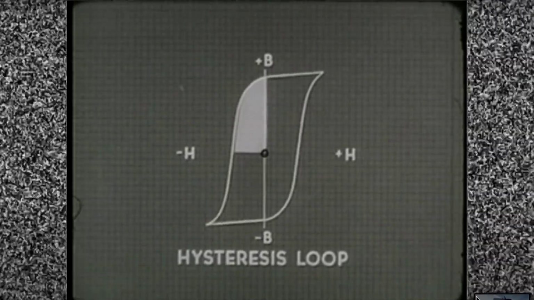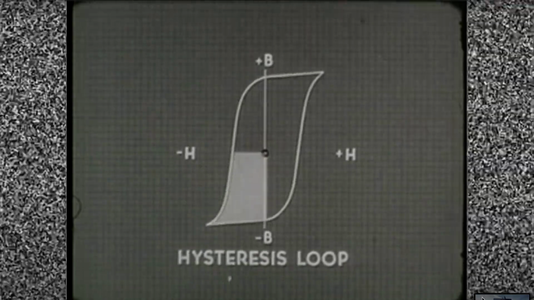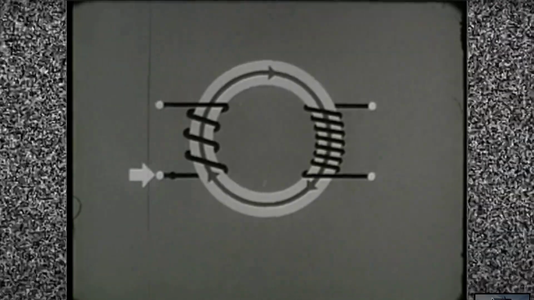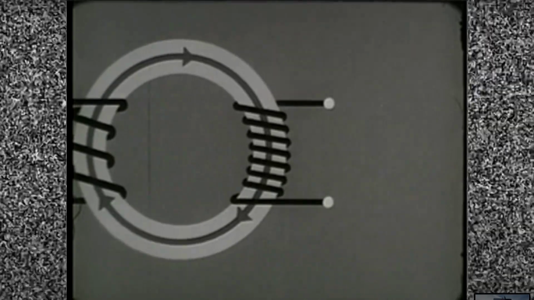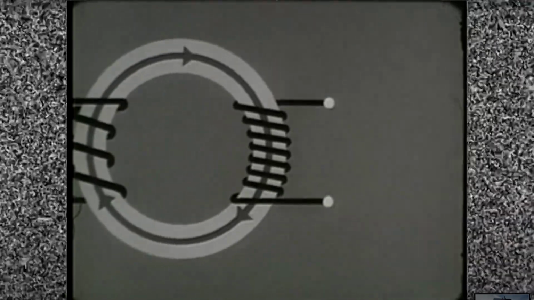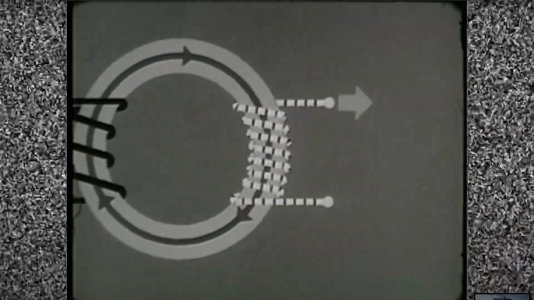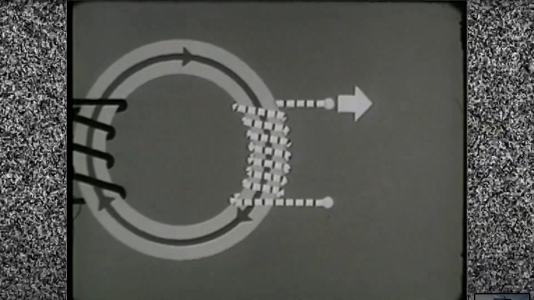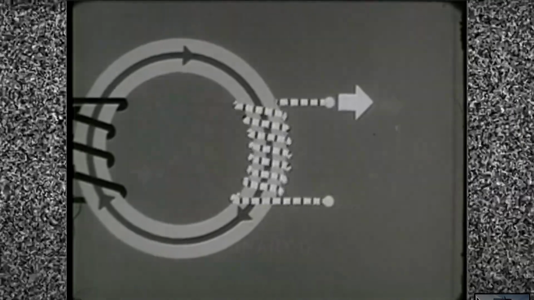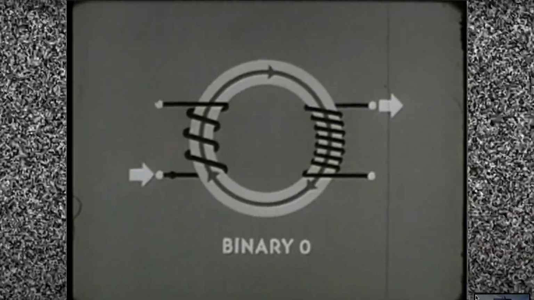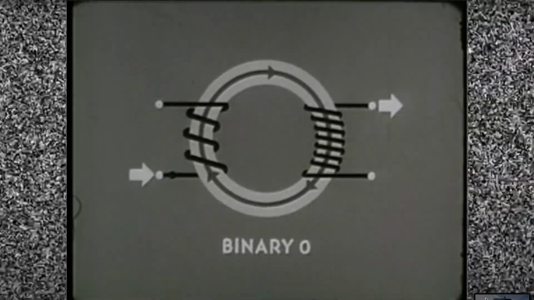If we diagrammed it, we'd see the positive residual field collapse entirely and a negative field build up to saturation. Anytime a magnetic field builds up or collapses across a conductor like this winding, the movement of the lines of force induces a voltage in the winding, and current flows. Observe the direction of current flow, out the top of the winding. The way these two conductors are wound, a pulse of current sent into the bottom of the input winding results in a pulse of current